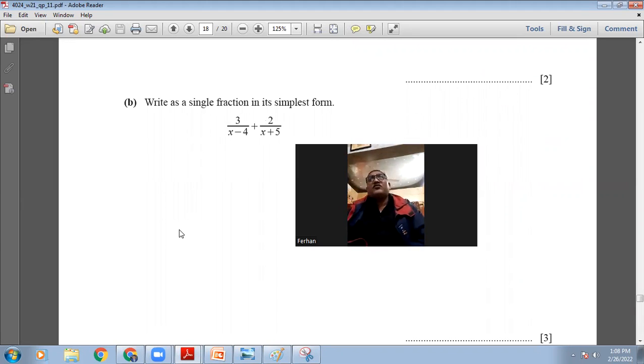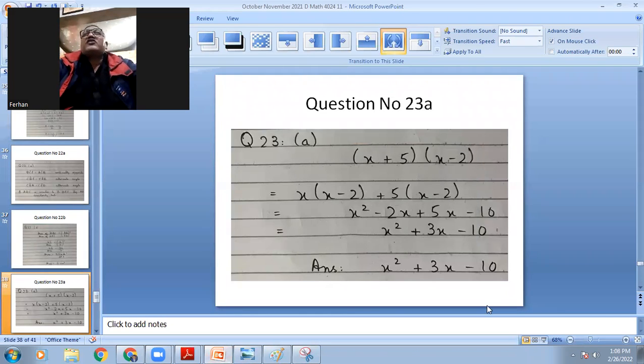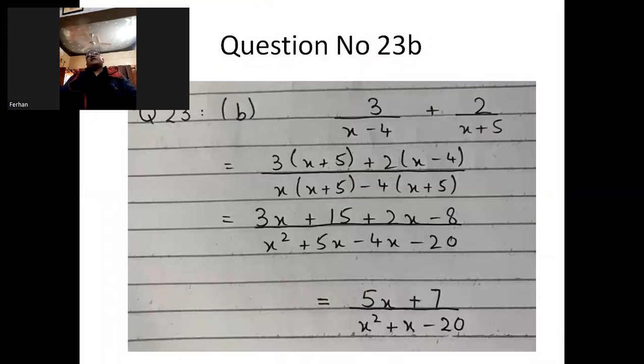So here you have two fractions and you have to add them. Whenever you want to add two fractions with each other, we have to find their LCM. You have to write their LCM. Basically, you have to make their denominators the same. So it's a 3 mark question. We have to write them as a single fraction. Okay, so here we go. So I will take the LCM, and you can see